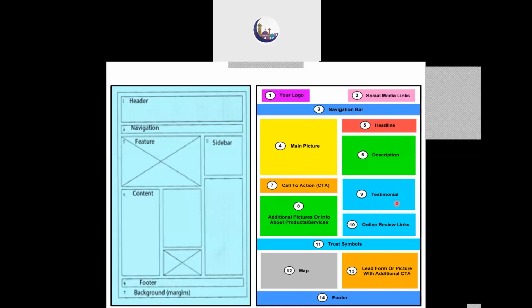Then you will have certain testimonials given by other users, like online reviews or certain star markings or thumbs up markings telling that yes, this product is good. So those testimonials can be mentioned in this block. Then certain other pictures of the main product, or other services associated with this particular product or information, can be kept in this particular block.